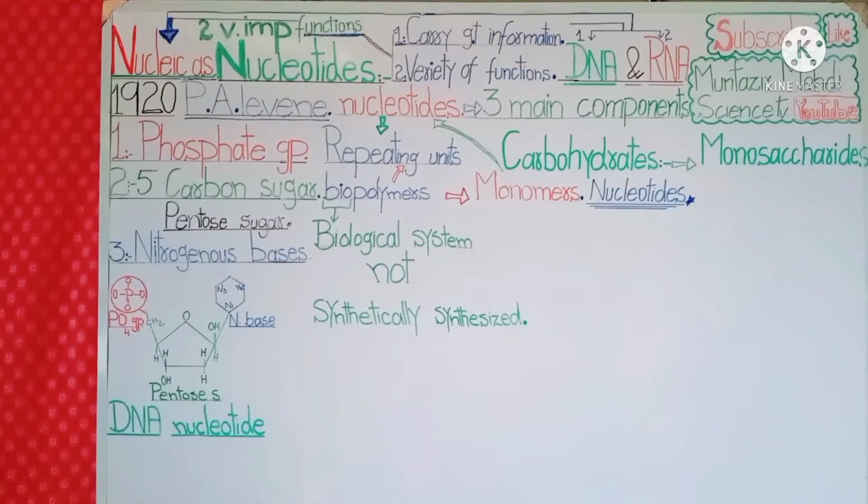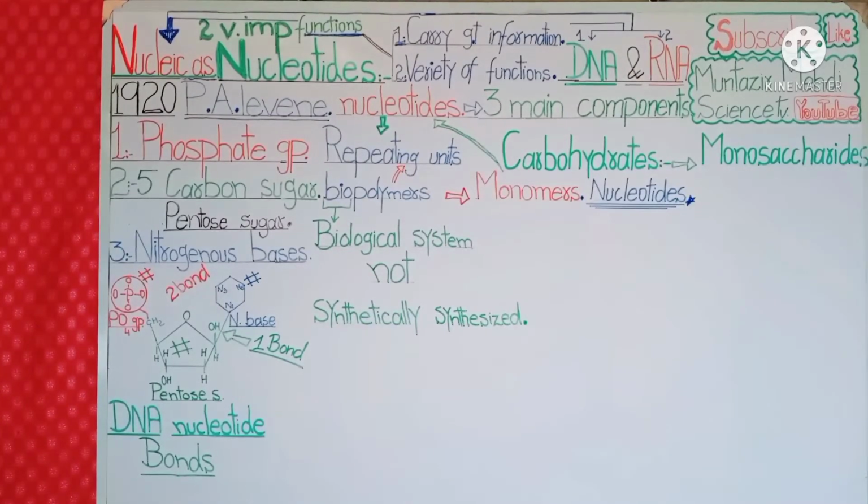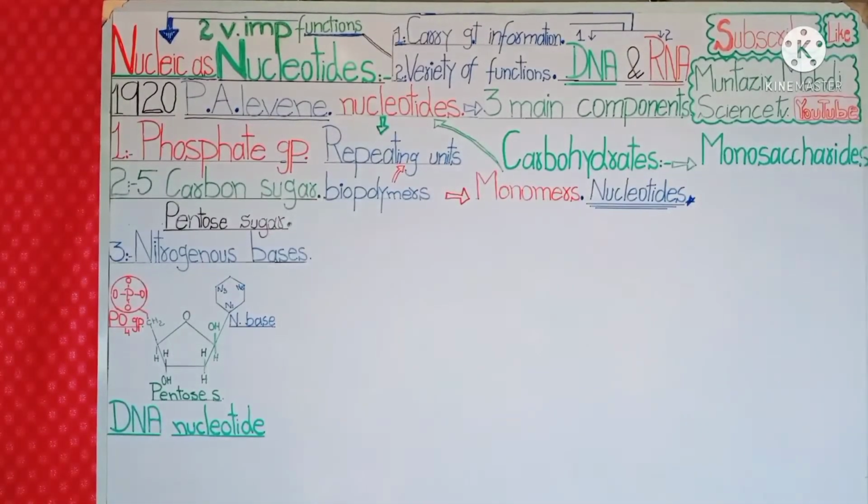So the next important thing to discuss is the nucleotide. This is the main diagram which will help us to understand the basic structure of a nucleotide. This is a simple diagram explaining nucleotide structure. You can see a single nucleotide is made up of the phosphate group, the sugar and the nitrogenous base. These groups are attached to each other with the help of bonds. The first bond is present here and the second bond is present between the pentose sugar and phosphate group right here, which we will discuss later.